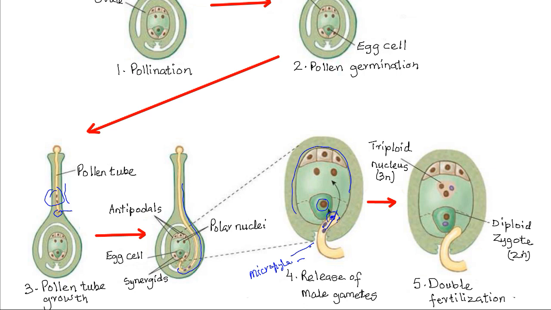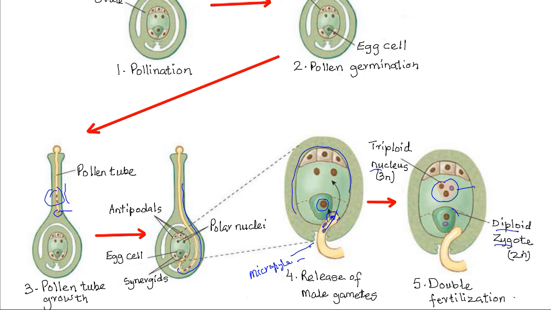So from the tube, one male gamete will fuse with the egg cell to produce a diploid zygote. Then the other male gamete will fuse with the two polar nuclei to form the triploid nucleus, which forms the primary endosperm nucleus. So the primary endosperm nucleus will later develop into the endosperm, while the diploid zygote will develop